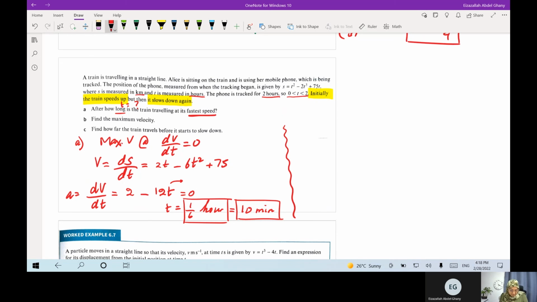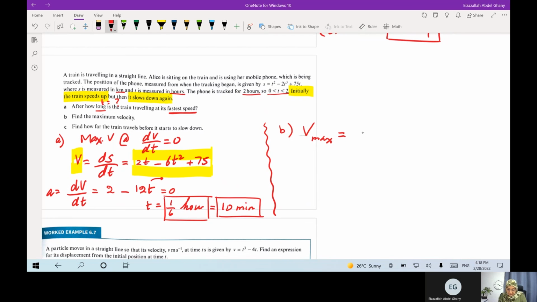Find the maximum velocity. You just substitute in the formula, which has a title of v. Titles are very important. So v max, you just substitute with the time we found in the formula, which is v. It is 2 brackets minus 6 brackets squared plus 75. We'll substitute 1 over 6 and calculate it. It will be in kilometers per hour. That's why I substituted 1 over 6. Now it is 1/3